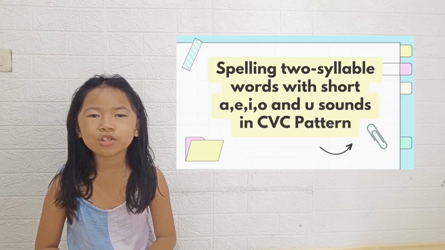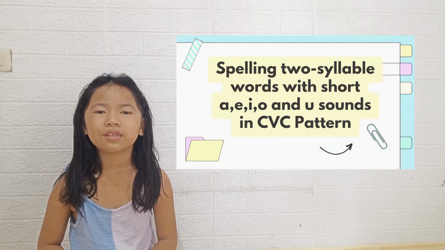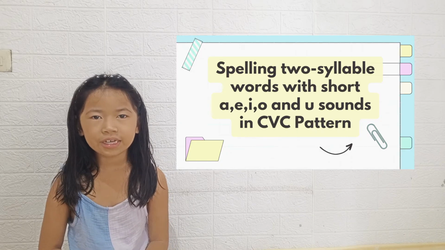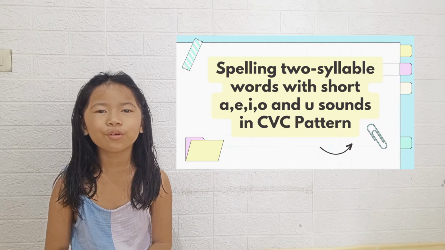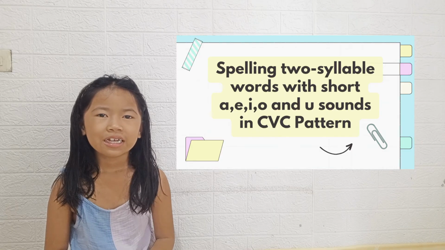For today's topic, we will learn about spelling two-syllable words with short A, E, I, O, and U sounds in